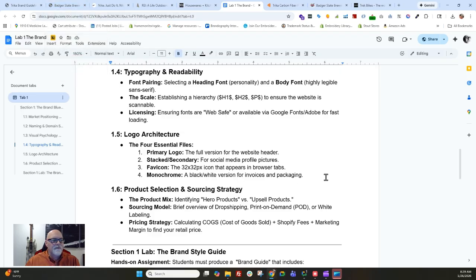And then a monochrome. So just a version of your logo that can be in black and white. And why do you need that? Because,